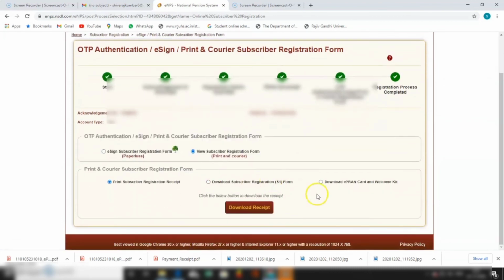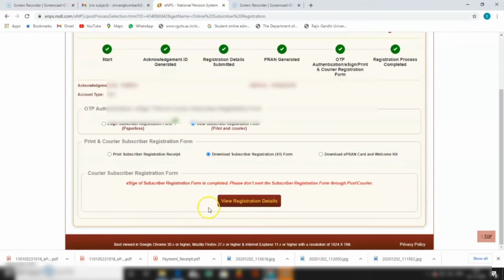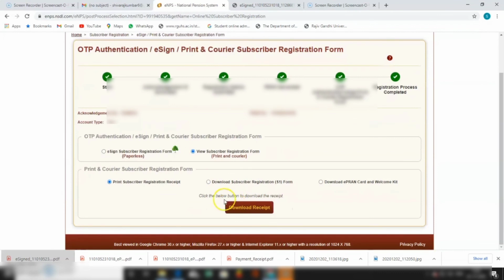Here you can download your receipt, registration form, PRAN, e-PRAN card and welcome kit. This registration form you can submit to your DDO office or you can send it to the NSDL office that's present in Mumbai. That completes the registration process.